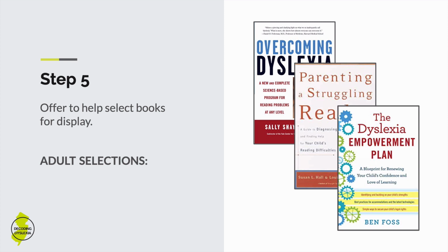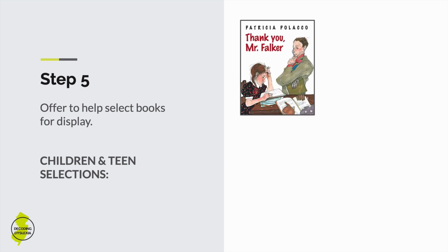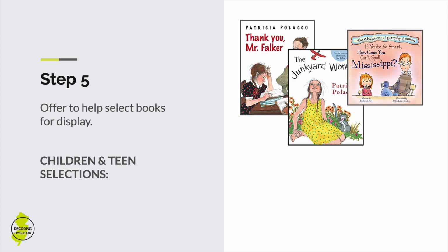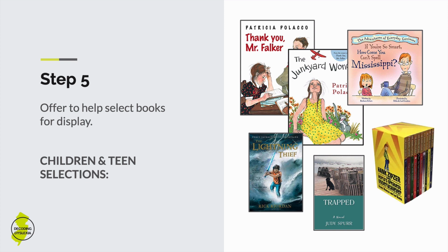learning by Ben Foss. Possible suggestions for children and teens include titles that feature characters with dyslexia, such as Thank You, Mr. Falker and Junkyard Wonders by Patricia Polacco, If You're So Smart, How Come You Can't Spell Mississippi by Barbara Esham, The Lightning Thief by Rick Riordan, Trapped by Judy Spur, and the Hank Zipzer, The World's Greatest Underachiever series by Henry Winkler. These selections are not exhaustive, of course, so be sure to suggest your favorite titles as